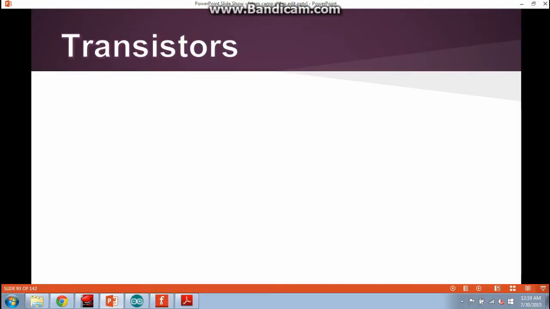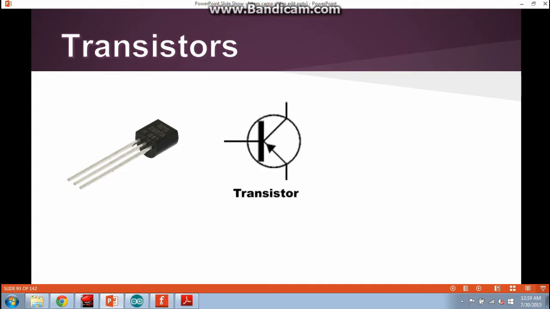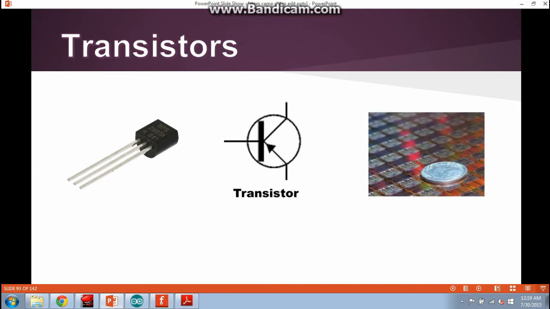Alright, so let's backpedal. What is a transistor? Here, pictured on the left, is a bipolar junction transistor, very standard. Here's a circuit diagram of a transistor, only it's one type. We'll talk about multiple types of transistors. And here is a transistor array, which you could find in a lot of electronics these days, notably processors. And I just want to show you guys real quick,